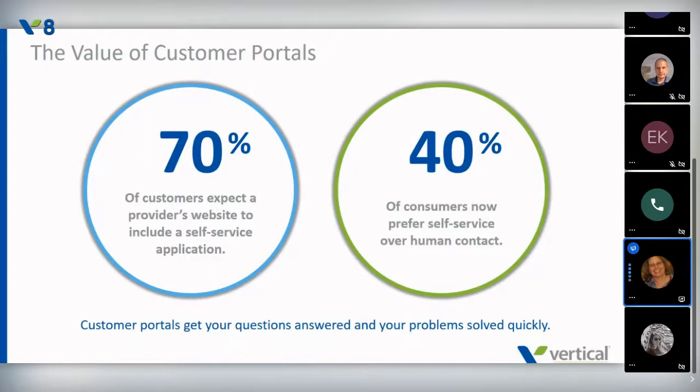You don't necessarily want to have to pick up the phone and call our service department and be answered by a service representative, although they can, depending on, again, your comfort level. Most people want to be able to go to a portal and open their own request, track their own request. And we're going to see more about that in just a moment. And maybe just as simple as going to the portal and you have a specific question, you just need to get it resolved quickly. Much more efficient way of doing so.